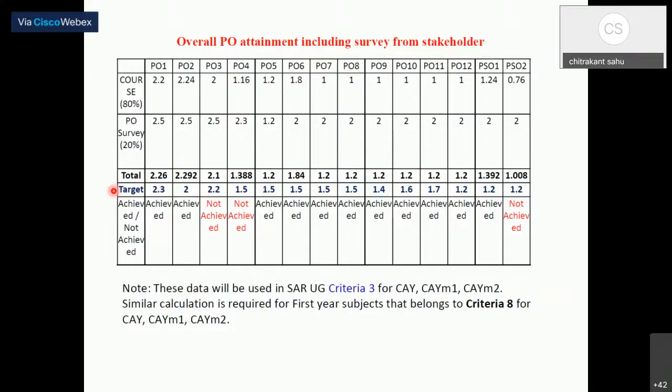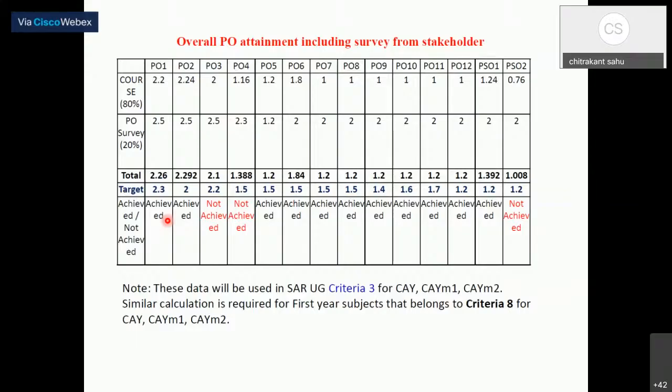If that number is above that value, it is achieved. So let's say the target is 2.2, but the computed value is 2.1, that means it is not achieved. Okay, and in most of the cases you can see these are achieved. So for the achieved ones, you don't have to make an action plan. And for those not achieved, in that case we need to find out what are the